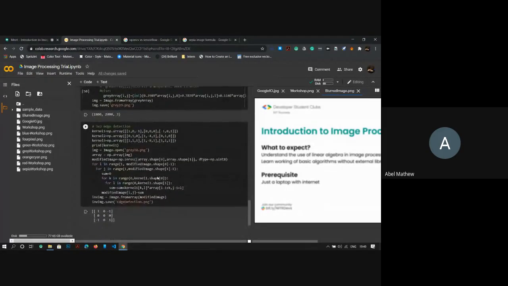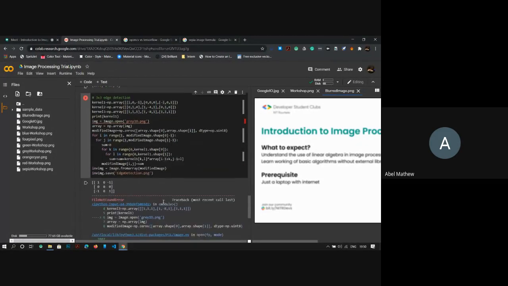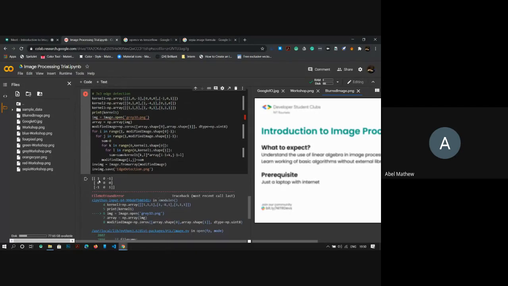We want to show something else. Yeah, this is a kernel that is doing edge detection. Let me print the kernel to explain to you how it works. Okay, we have some error which we'll fix. So we have the kernel which has the values 1, -1, -1, 0.